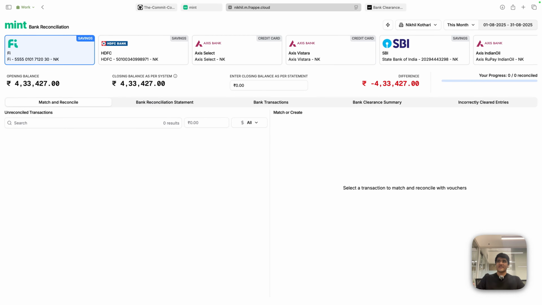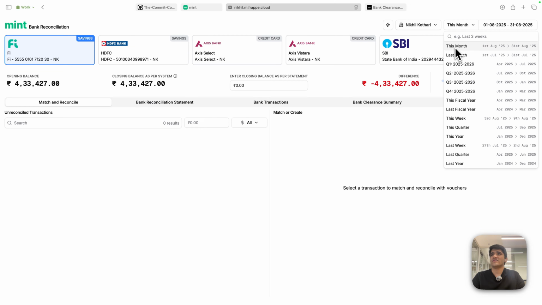Now, for this date picker, what I wanted to do was make it really simple. Normally when we reconcile banks, we either do it for the current month or for the previous month. So you have this month and last month, right? Sometimes we might also want to do it for quarters. So you've got Q1, Q2, Q3, Q4, depending on how you've set up your fiscal year. If it's April to March, or if it's January to December, whatever it is, it will figure out what the